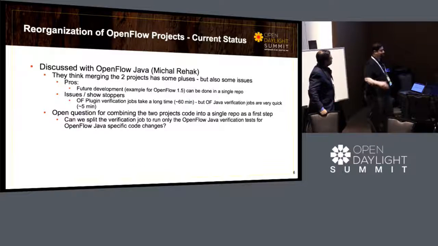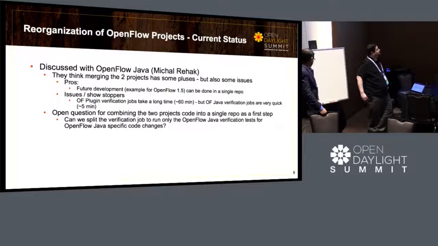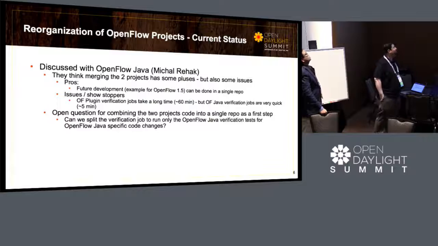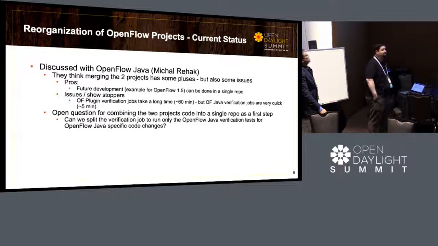So now, where are we with respect to this? I discussed this with OpenFlow Java committer Michael Rehak, and the feeling from the OpenFlow Java folks is that it has some pluses, but it's also got some issues. One of the pluses is that future development is done in a single repo, so it might theoretically be faster for developers. But a bigger problem is